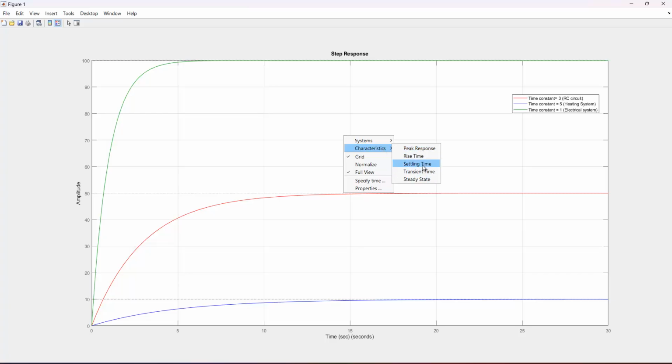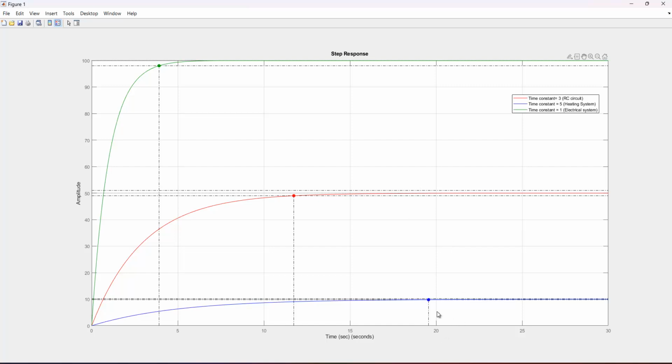We first need to set the settling time here. This is equal to 4 times the tau value. First of all, for the system with time constant 5, the settling time is 19.6, which means 5 times 4 is about 20. And then the red one has a time constant of 3, so 3 times 4 is about 12,